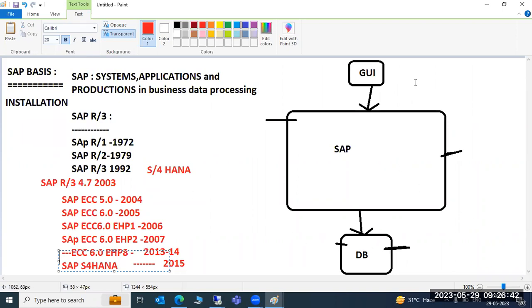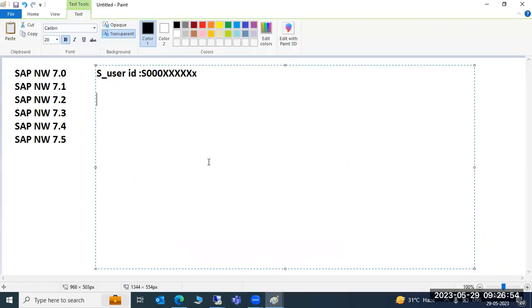But what you need to remember here is what is SAP, what is ECC, then S4HANA. These technical terms are very important. ECC means Enterprise Core Component. Okay, ERP means enterprise resource planning. It's a core component. Enterprise means organization. Organization core component. Core means main component. You know what is meant by core, right?